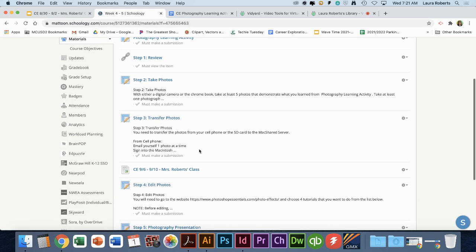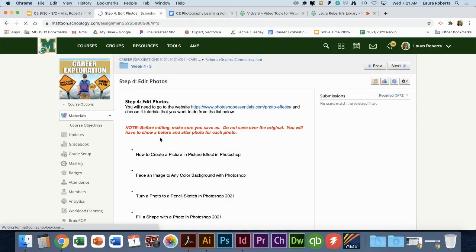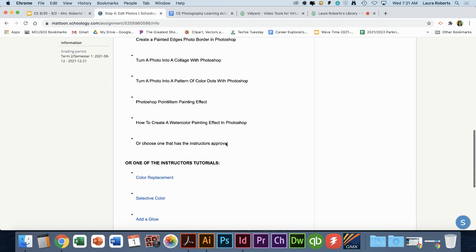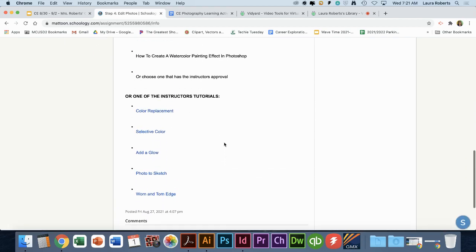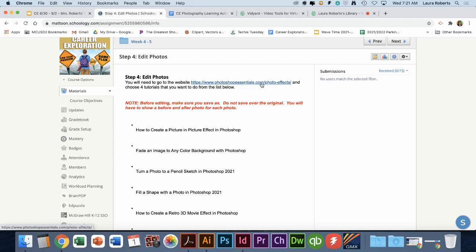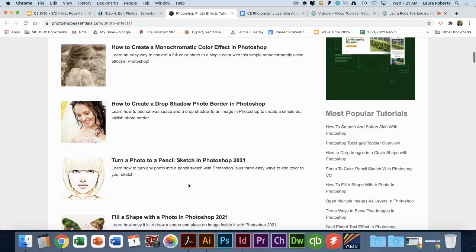Our next one after transferring photos is editing photos. So you're going to click on this. It's actually an assignment, so it should make a copy of it for everybody. What you're going to do is, or no, it does make a copy. You are going to go to Photoshop Essentials, Photo Effects, and you're going to choose 5 different photo effects to